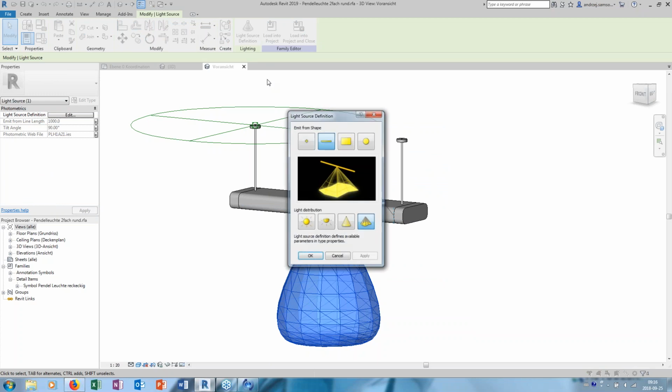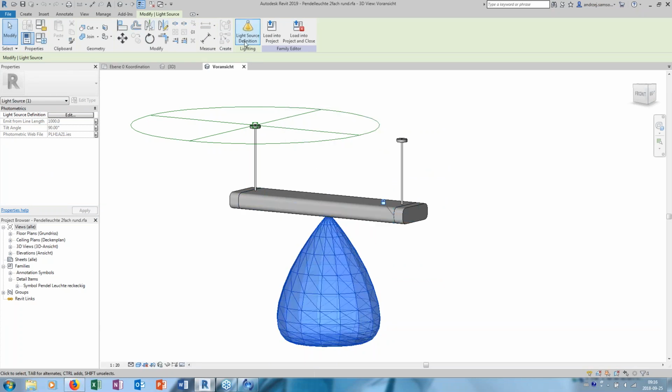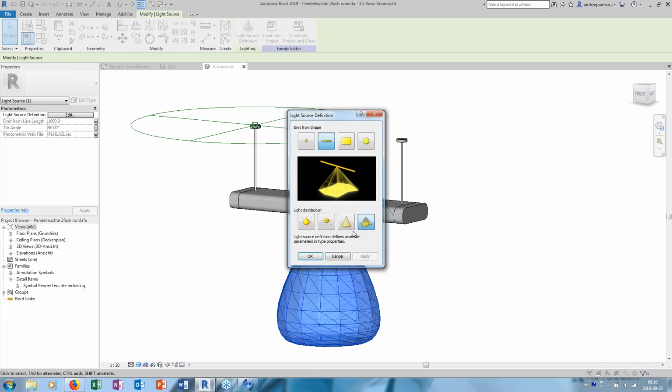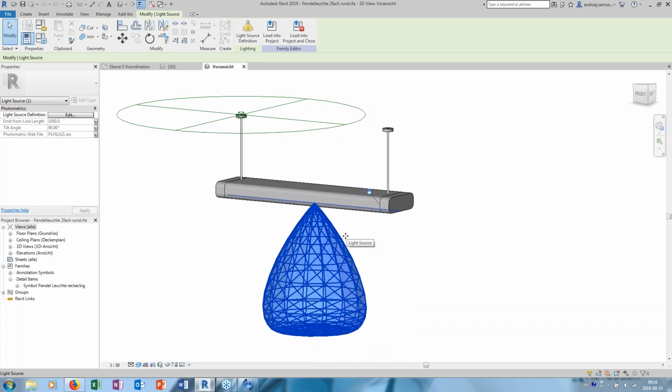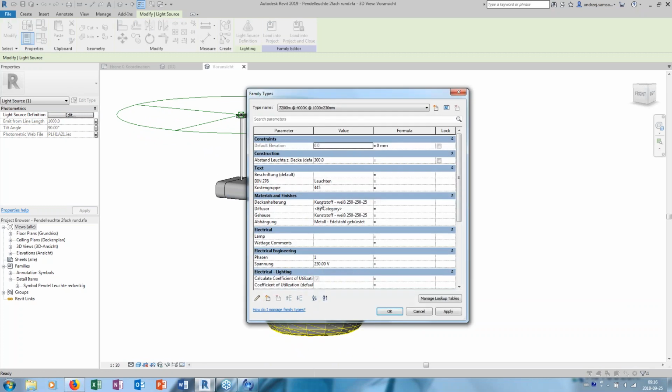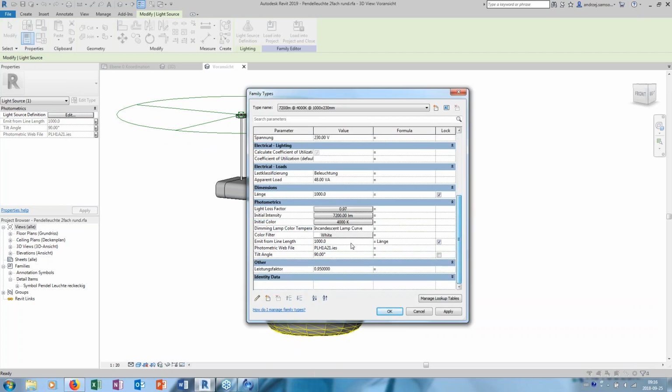If you hit on this light source distribution, you can define if you want to have a photometric web or maybe a hemispherical, very manually described lighting diffusion. Okay, because this photometric file which you define here is an IES file, and